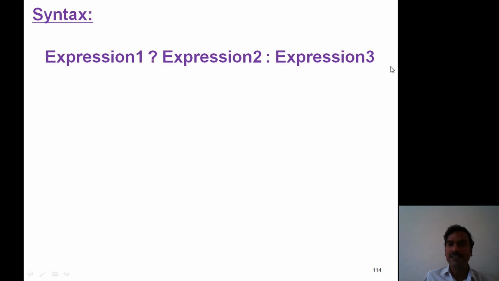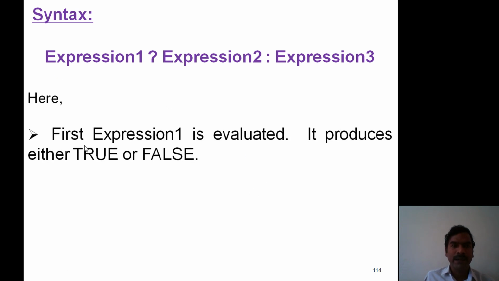Now how is this expression executed? Once this format arises, first control reaches expression 1. Expression 1 is evaluated and produces either true or false. That means the outcome of expression 1 is either true or false.